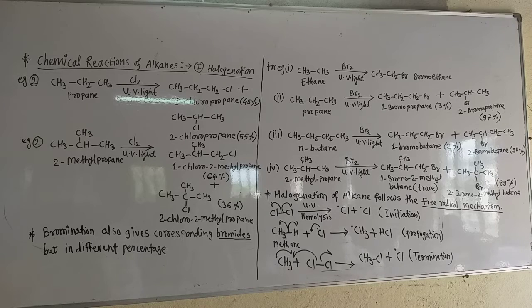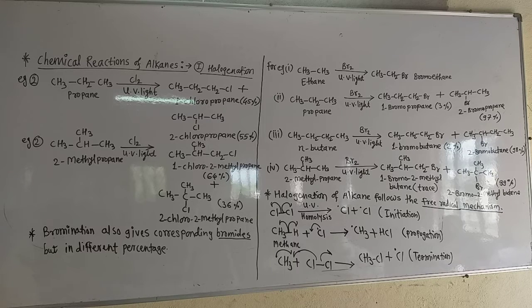In the last lecture, we already saw this chemical reaction of alkanes, that is halogenation. Now some examples of this halogenation remain. Remember that halogenation is a free radical mechanism. You know from the 14th chapter what free radicals are. If atoms have an odd electron on them, then they are called free radicals.